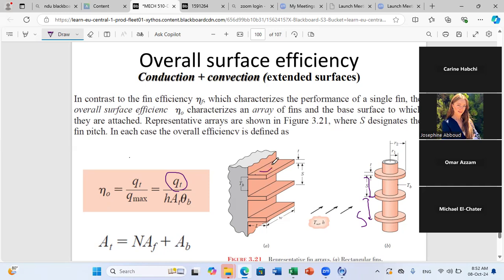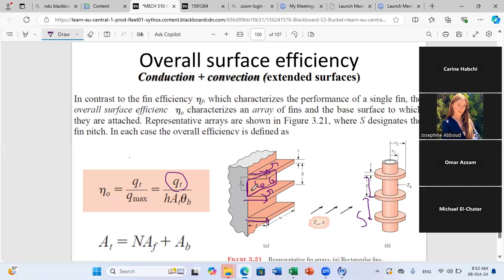You have heat convected by the fins. But also, since you have a space between fins, in this space you also have convection. So for these areas, you have convection with the outer environment. So Q total here should consider not only the heat lost through fins. So you have, let's say, heat lost by fin 1, fin 2. We have identical fins, so we can calculate heat lost for one fin and multiply by n, but we